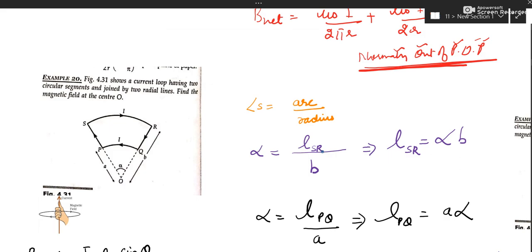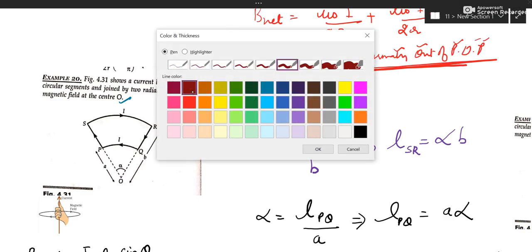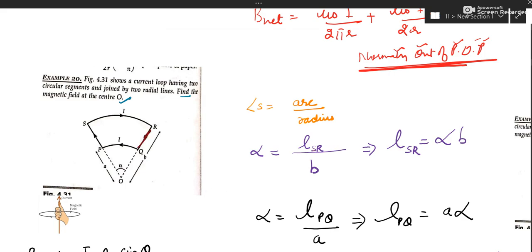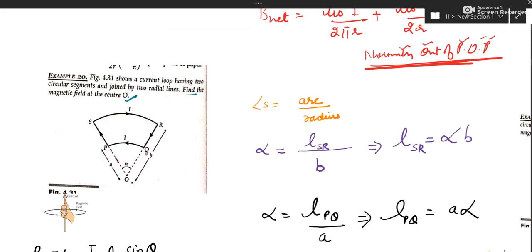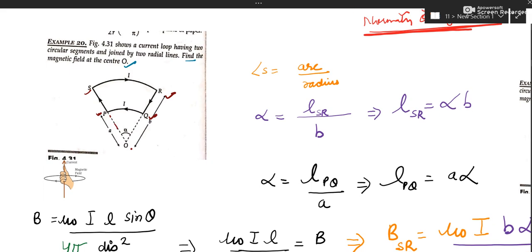Okay, let us try this. We have to find out the magnetic field at center O, same thing. So the magnetic field at O is required. Now we have to see how many things are exerting a magnetic field here. These are two pieces of wires which will not exert a magnetic field because the point is lying along these wires. Okay, so that was our rule. We made a rule that the magnetic field due to sections QR and PS will be 0, but the rest of the portion will exert a magnetic field.